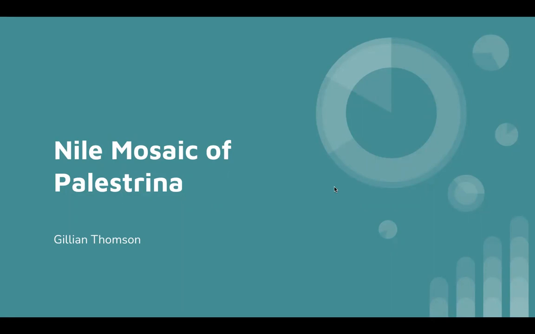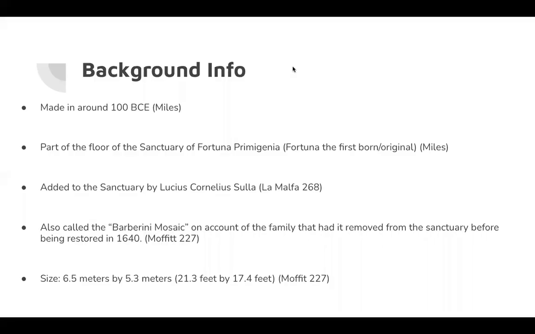I'm going to be doing my presentation on the Nile Mosaic of Palestrina, and I hope I'm saying that right. So, some background info. The mosaic was made around 100 BCE, so that's like 1st century, I believe. It's part of the floor of the sanctuary of Fortuna Primigenia, or Fortuna the Firstborn,